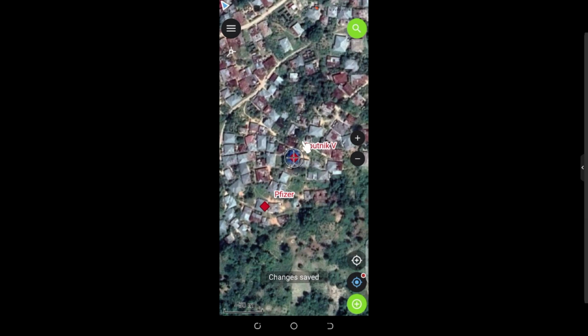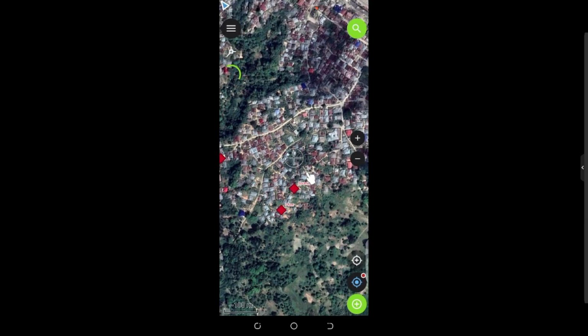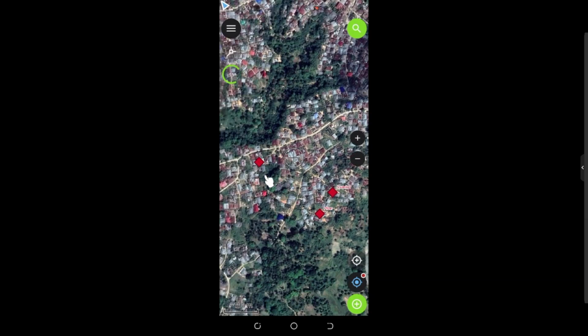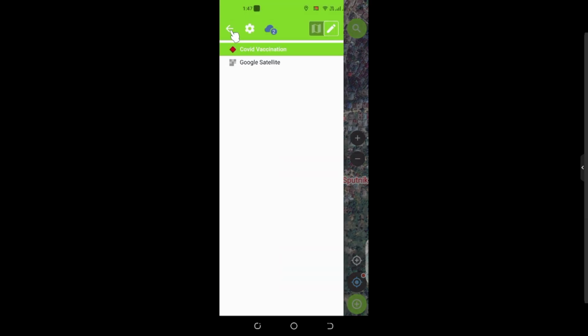And we have now another point. So we have actually now 3 points. The one that I created on the computer, and for Moderna, then there's this one for Pfizer and then Sputnik. So that is the end of maybe the data collection for now. I'm going to click on these 3 dots now, please. And you can see now we have